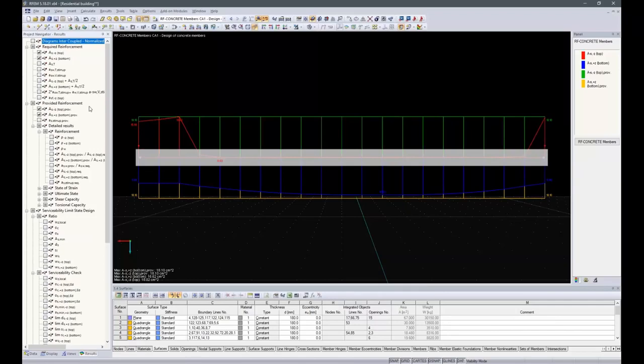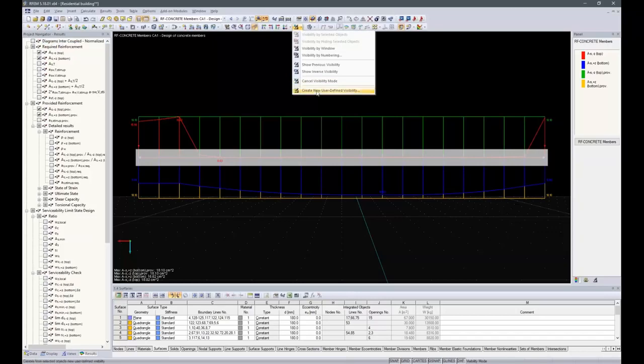Without the curtailment, I get the same reinforcement over the whole length of the beam. This could of course be changed in the module, enter curtailment and optimize your design. So that's been a quick look into the member design. I go back to a view of the full graphics,